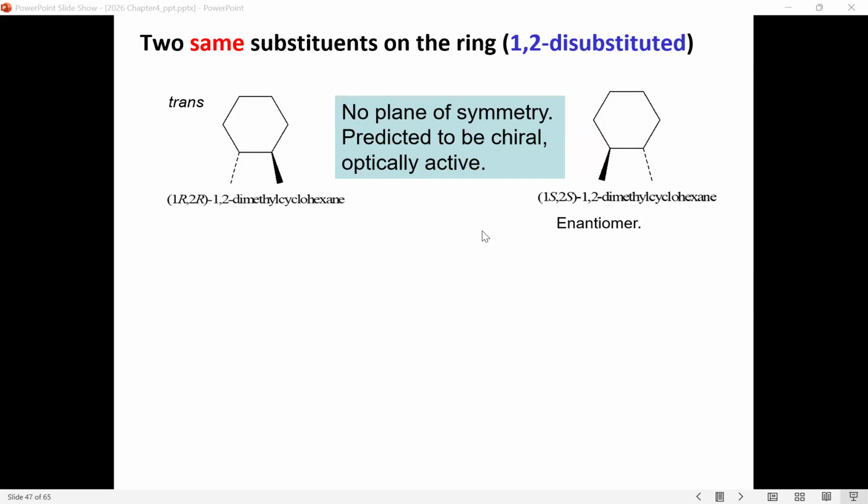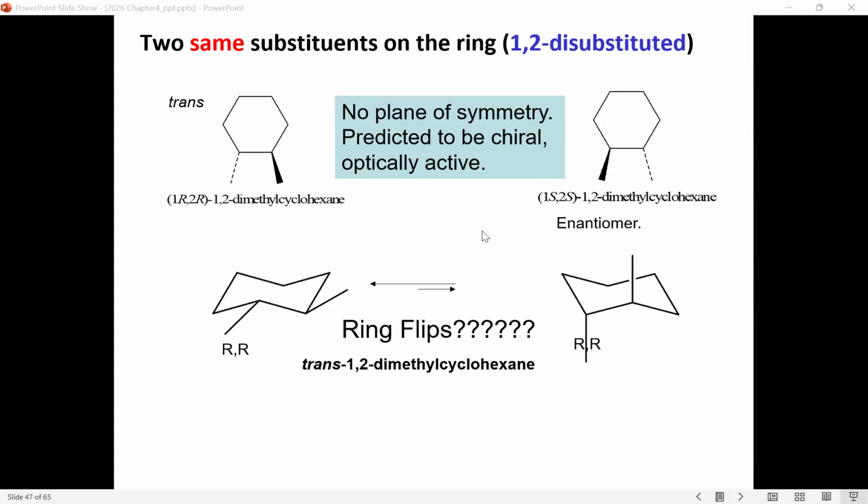If you draw the chair conformation, using 1R,2R as the example, you find both methyl groups in the equatorial positions. If you do a ring flip, you put both on axial positions, which is extremely unstable. So in solution, 99% of the time this 1R,2R-dimethyl cyclohexane